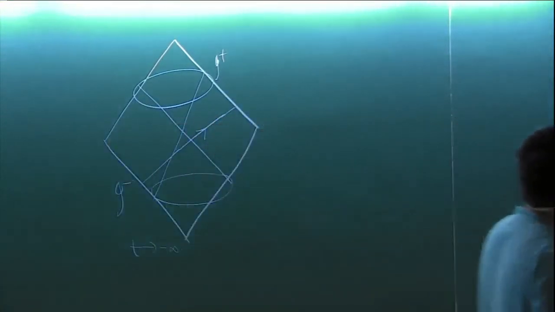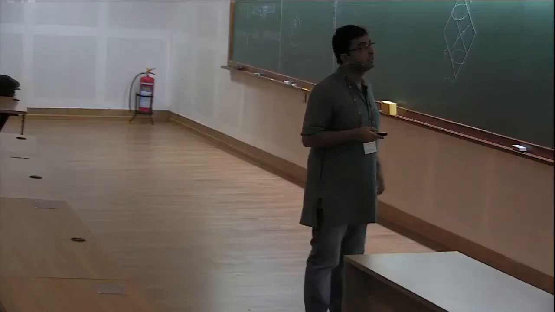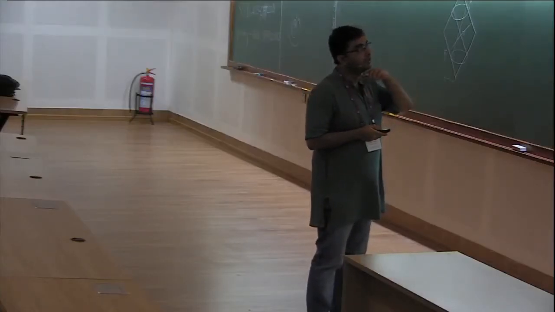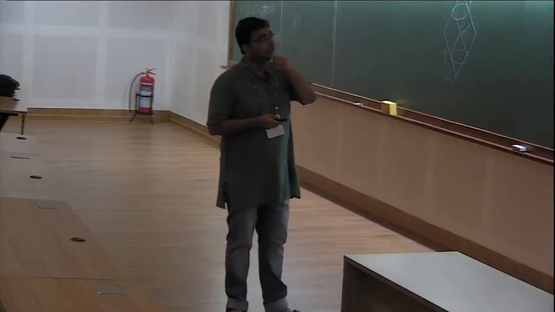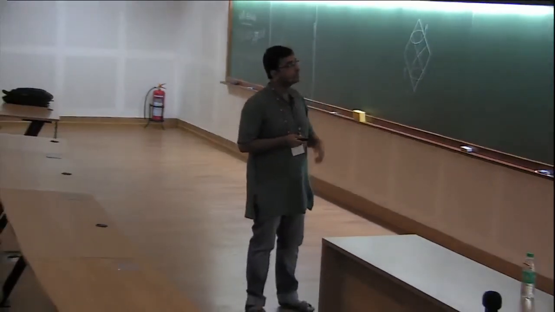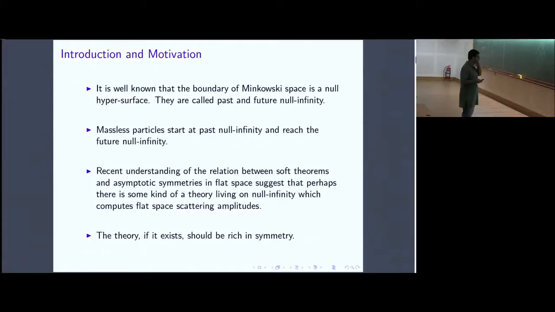Okay, so now the recent understanding of the relation between the soft theorem and asymptotic symmetries in flat space suggests that perhaps there is some kind of a quantum field theory which lives on null infinity, which computes the S matrix of the flat space theory which we have here. And it seems that if this sort of theory actually exists, then it should be rich in